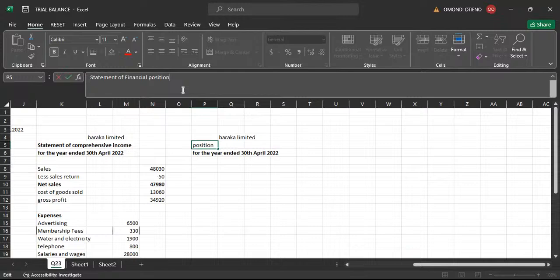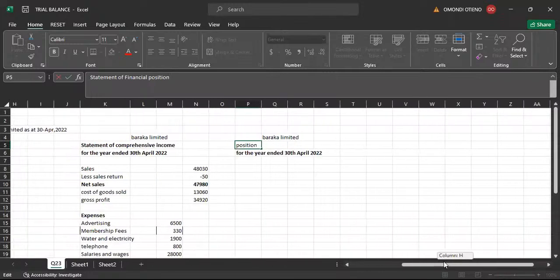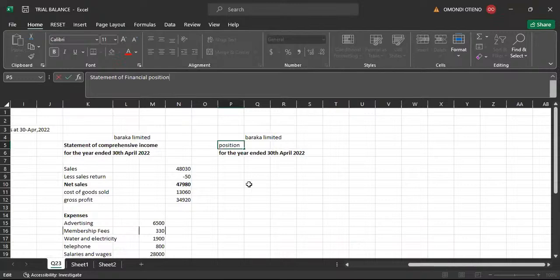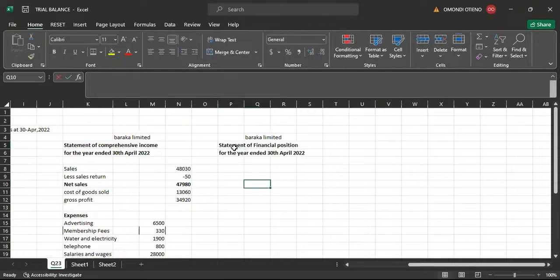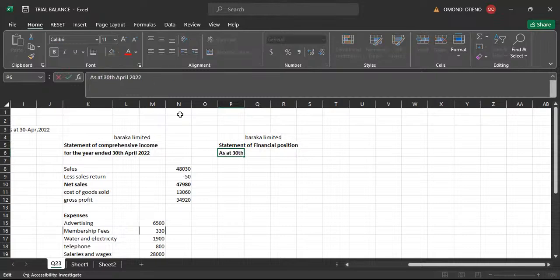Statement of changes in equity, we don't need that here, because the examiner did not request you to prepare the two. Statement of changes in equity, we are not going to prepare it here, unless you are going to prepare published accounts, something of that kind, which has a different format. So statement of financial position as at 30th April 2022,